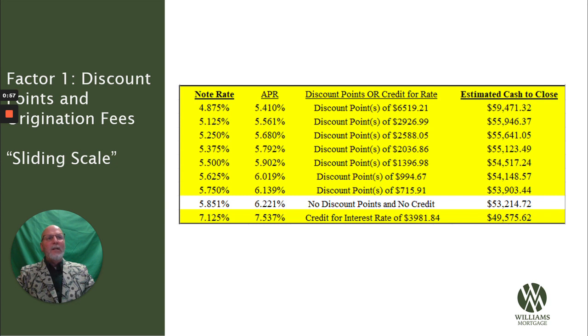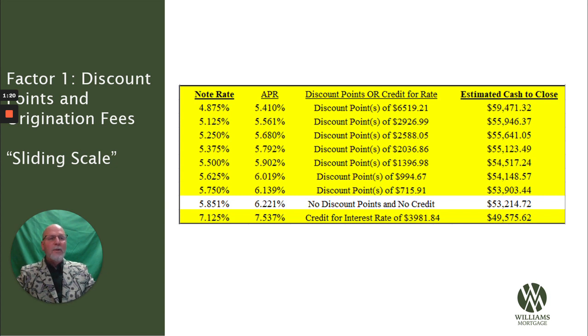Generally, points and lender credits let you make trade-offs in how you pay for your mortgage and closing cost. Paying points lowers your interest rate, and therefore your monthly payment, in exchange for you paying a larger upfront fee. Alternatively, lender credits lower your closing cost in exchange for you accepting a higher interest rate and therefore a